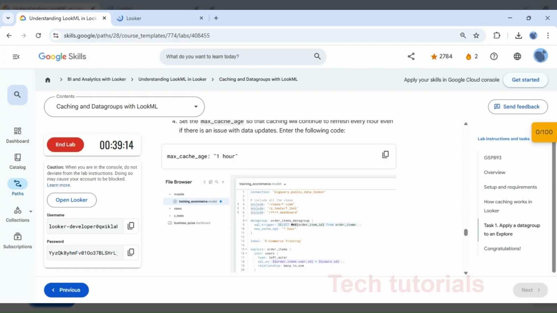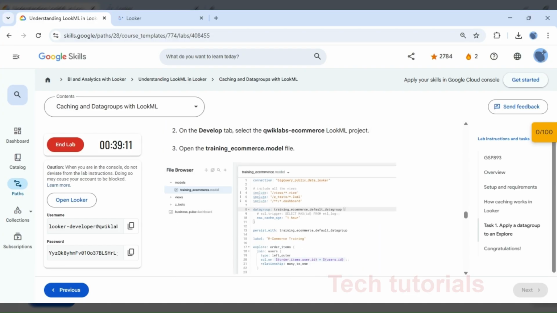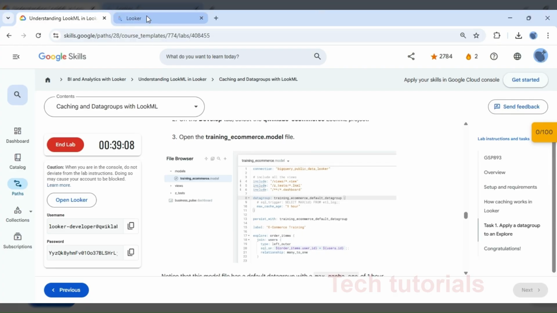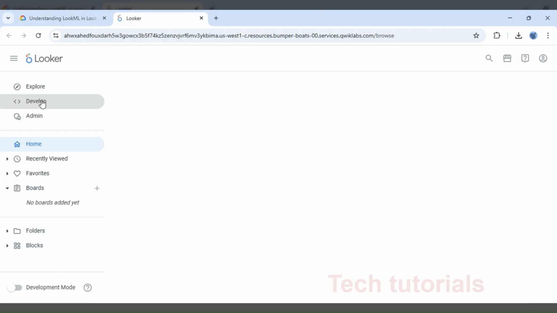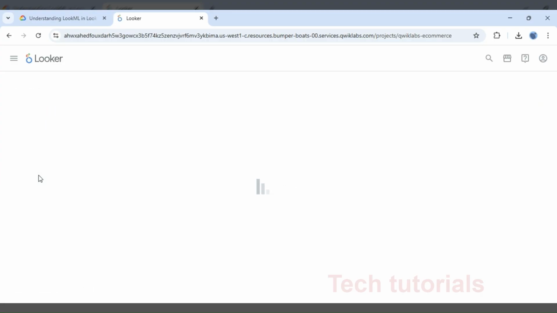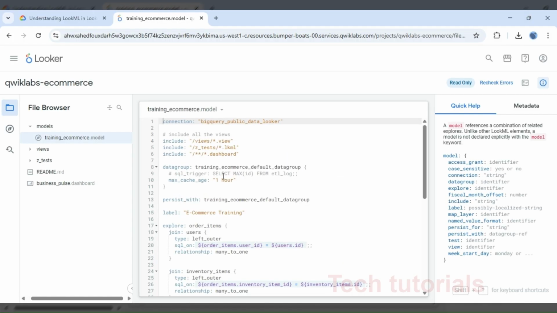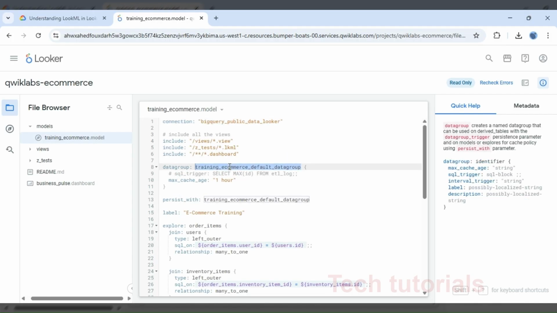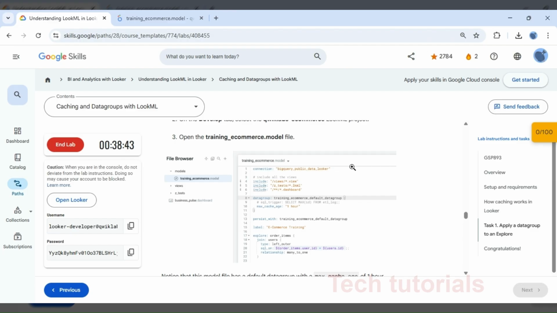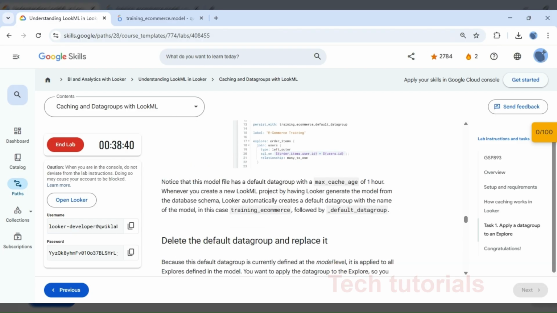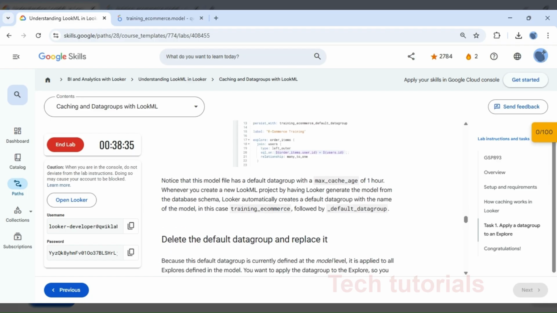Apply a data group to an explore. Define and apply data groups to individual explores in a LookML model. Specifically, you update caching for all views in the order items explore to refresh whenever a new order_item_id is added, because the order_item_id is the primary key for order items. Open the model. Click the toggle button to enter development mode. On the Develop tab, select the QuickLabs e-commerce LookML project. Open the